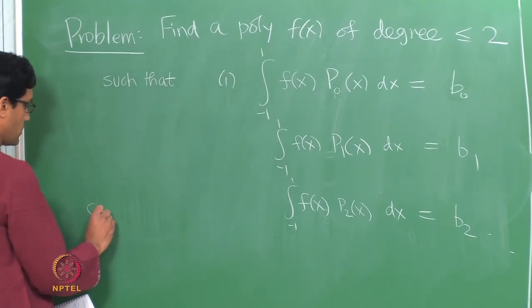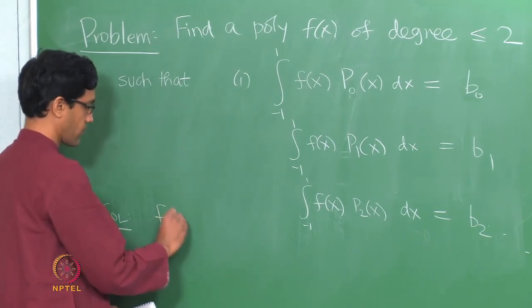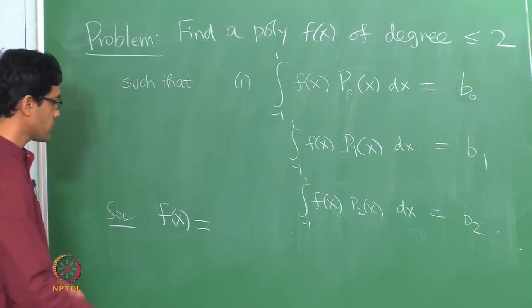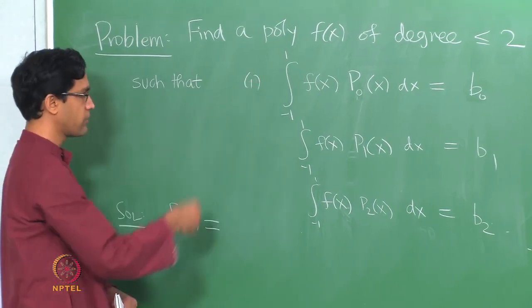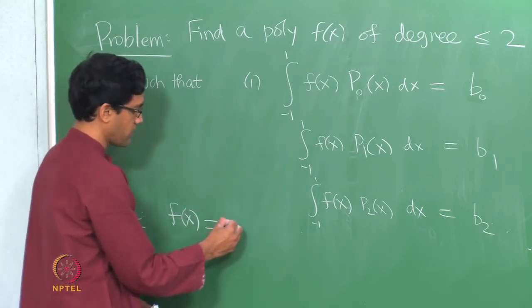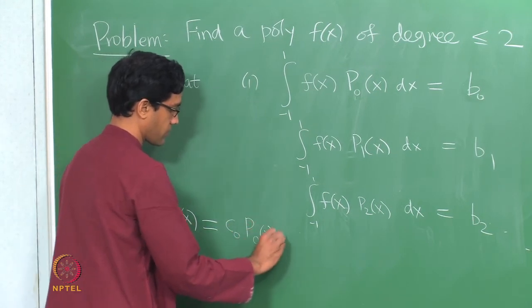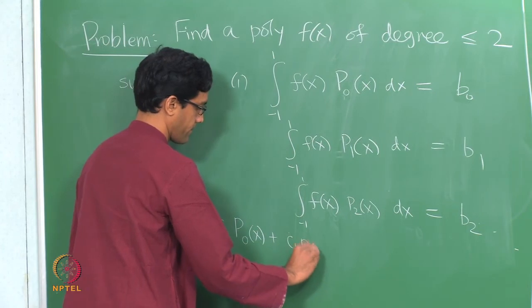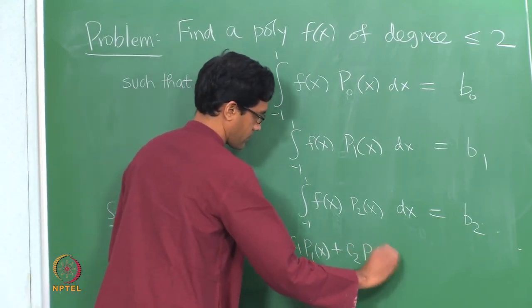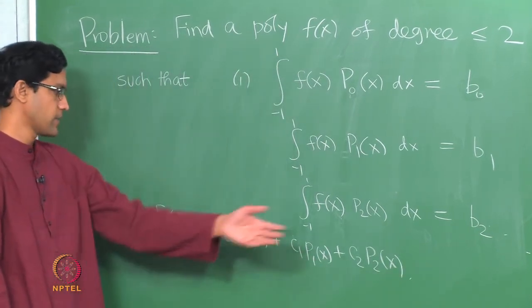So here is just the initial steps, and why is that orthogonality important? So here is the thing, if you write f of x, a polynomial of degree at most 2 can, according to the principle that we just talked about, observe you can always write it as some combination of p0, p1 and p2. Okay, this just by the principle we just mentioned. So f of x can be written in this way.